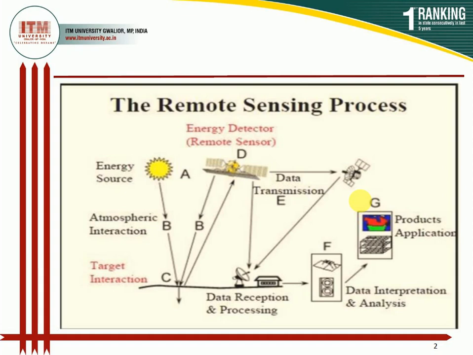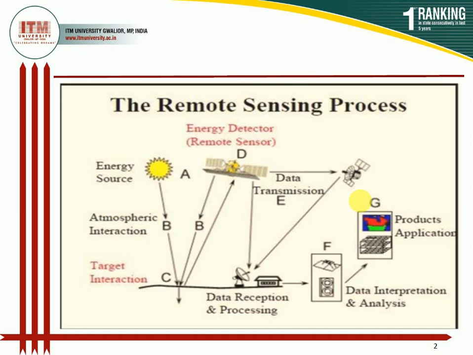Later on, after some time, it emits some other radiation having a different wavelength. Then it is also considered emitted passive remote sensing. That is, remote sensing which occurs when the source of energy is natural is considered to be passive remote sensing. But sometimes it may happen that a few target objects do not reflect back the radiation